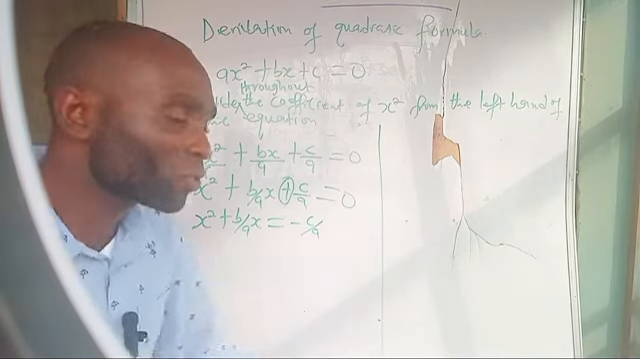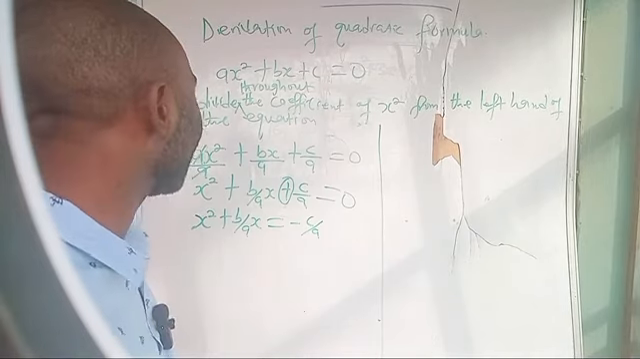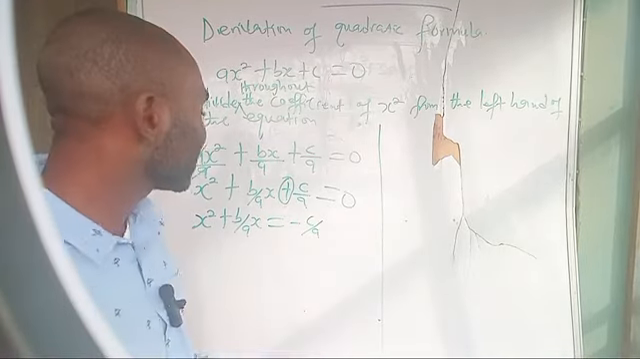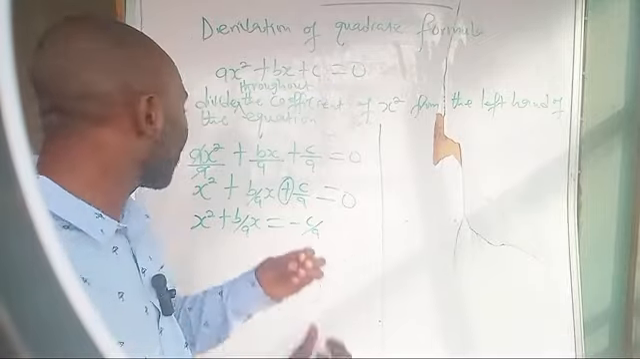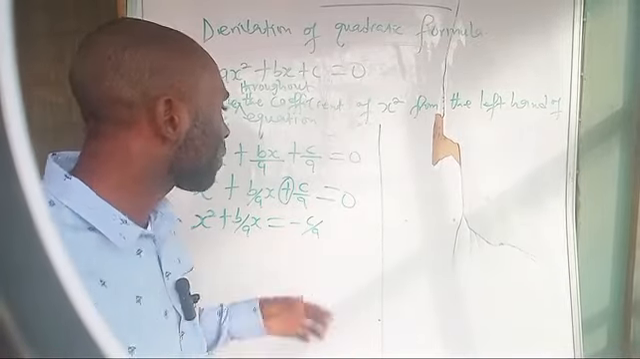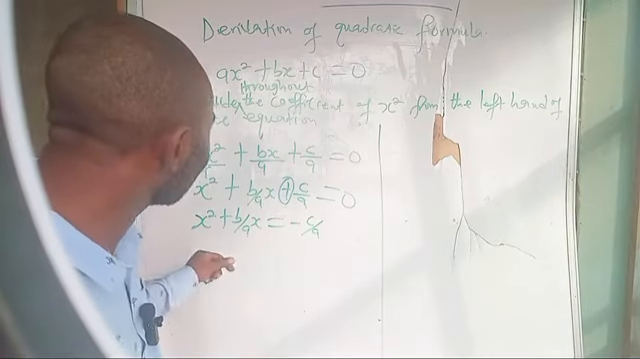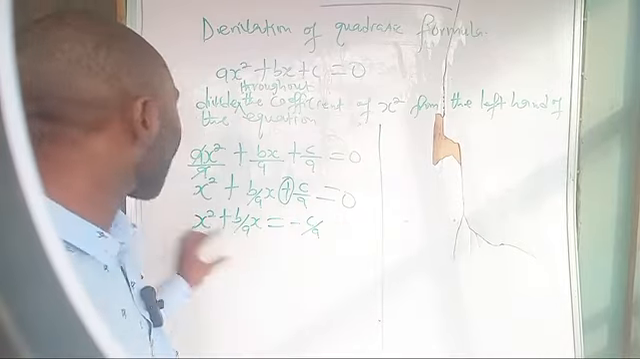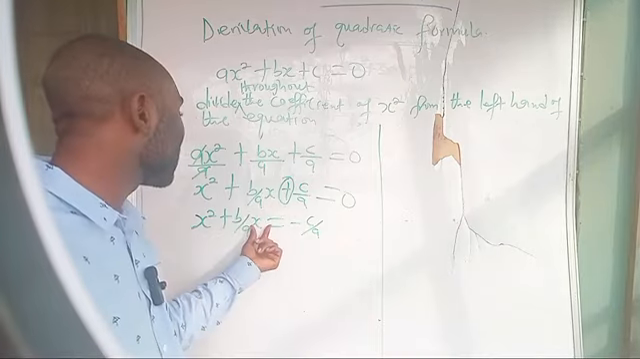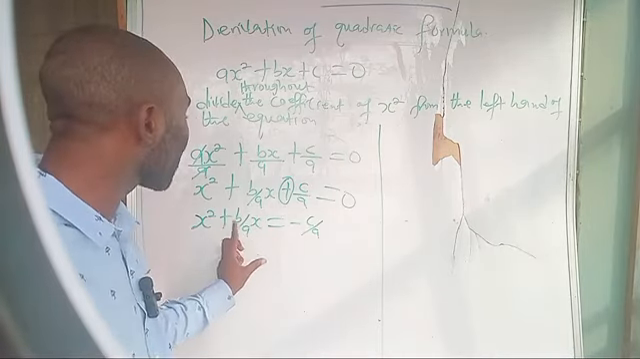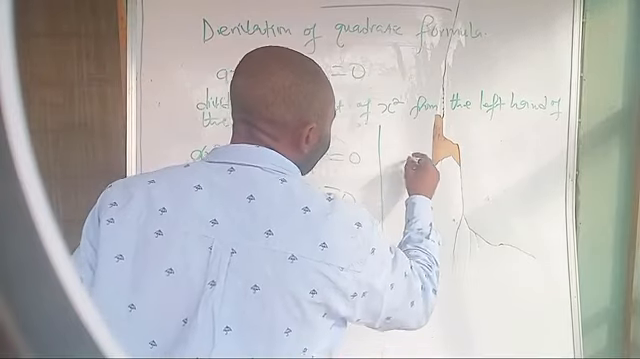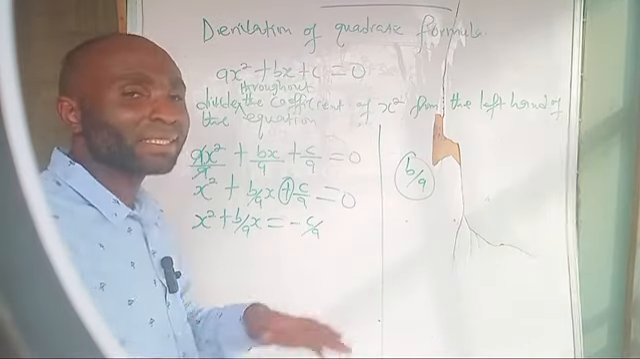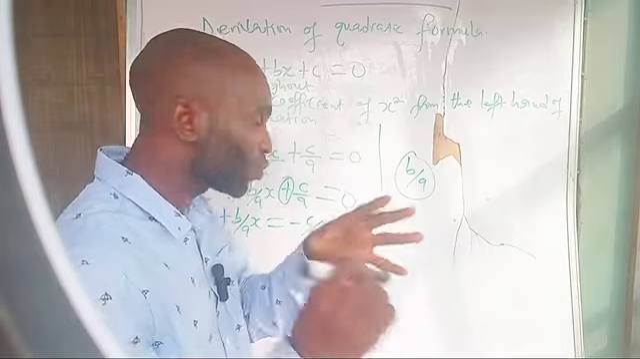The second step we are going to apply now is we are going to add the half square of the coefficient of x. And what is the coefficient of x here? The coefficient of x is this. Know the difference between x squared and x. If I'm talking about x squared, I mean this, but if I'm talking about x, I mean this one here. So the coefficient of x here is b all over a, and we are going to add the half square